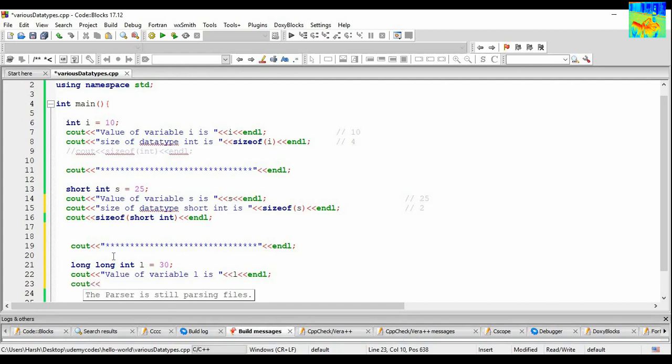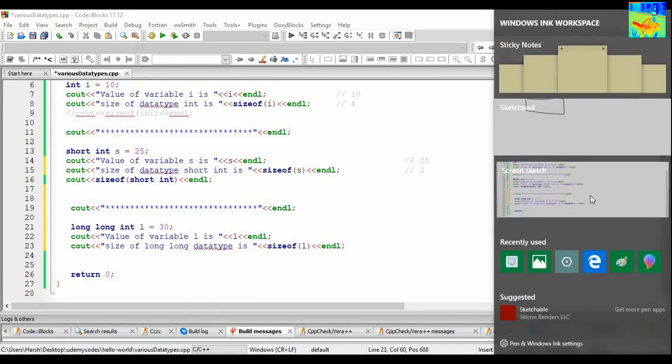Similarly, let us print the size of long data type. So cout size of long data type is sizeof(L) and then endl.